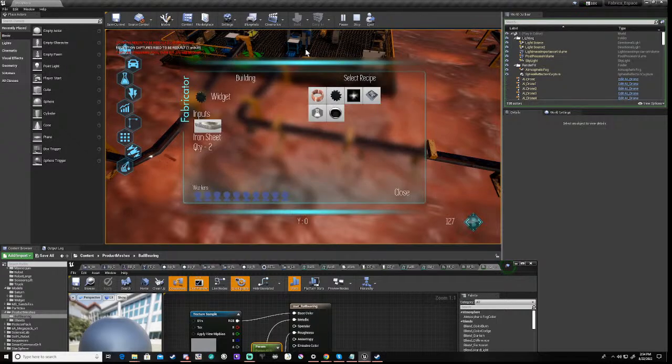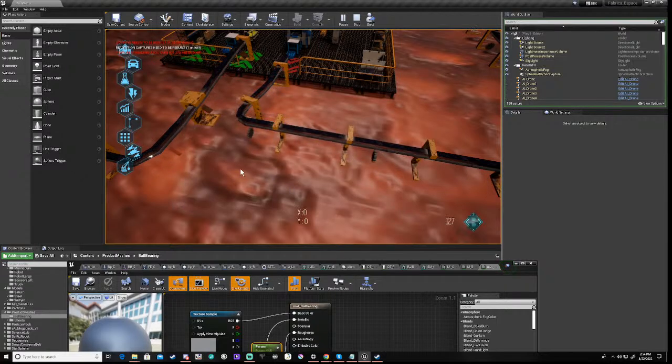And we can change it back to our ball bearing. It will output the rest of the widgets and then it will change over. And there we go, we're back to creating our beautiful